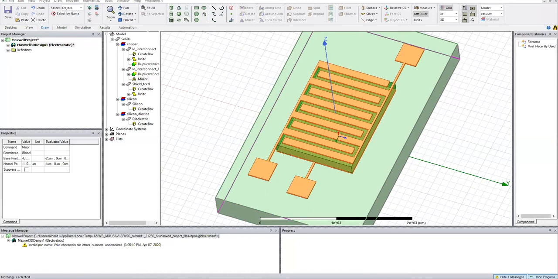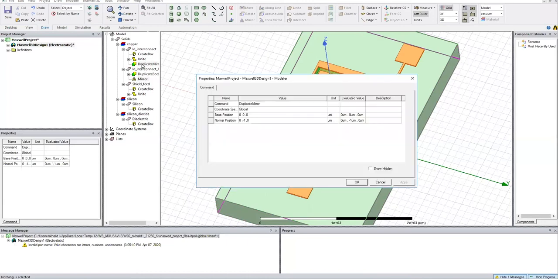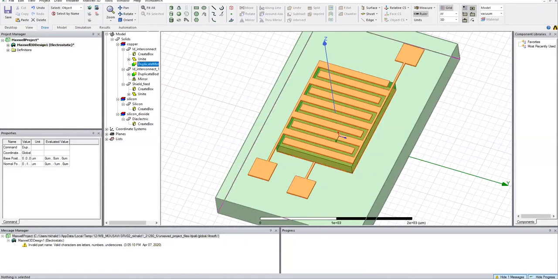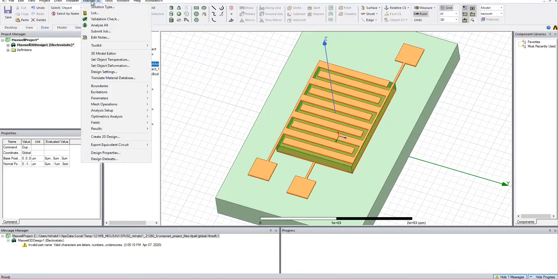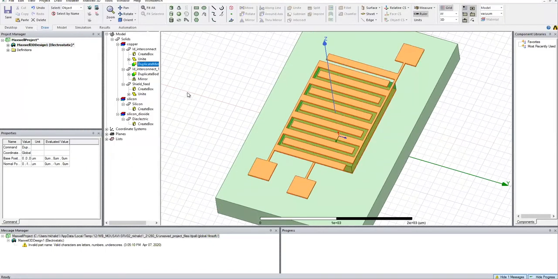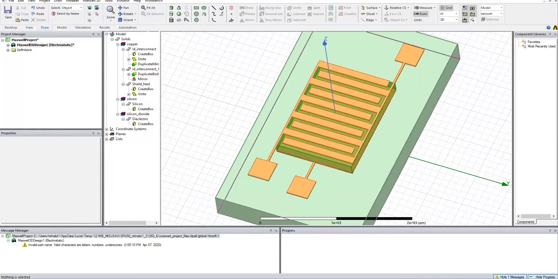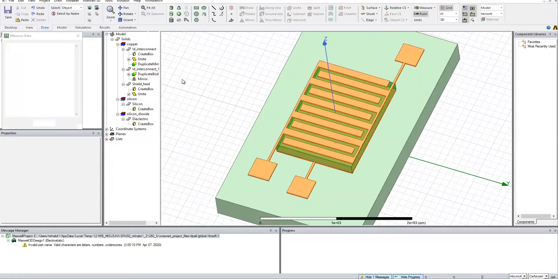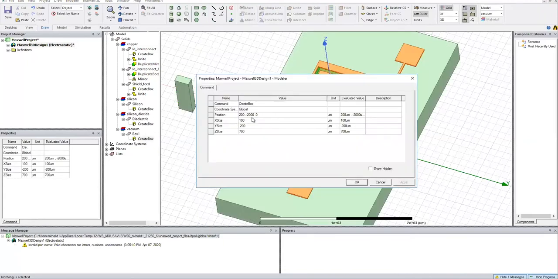Now we are going to build our polymer or sensing layer. In this case, our sensing layer is deposited on the top of our IDEs. We will set up the dimensions and position for the sensing layer.